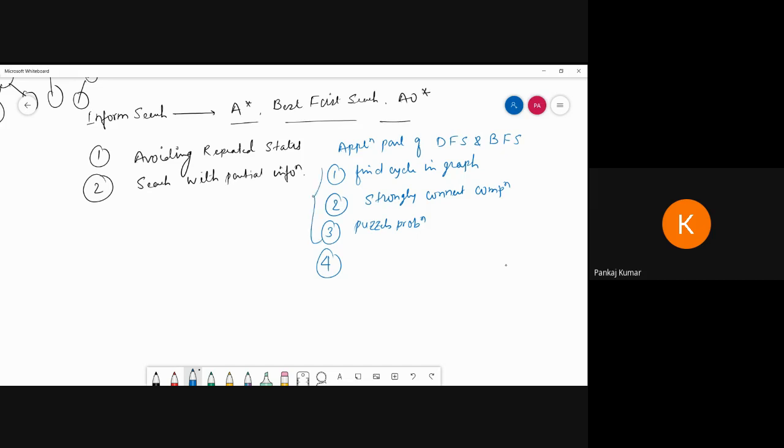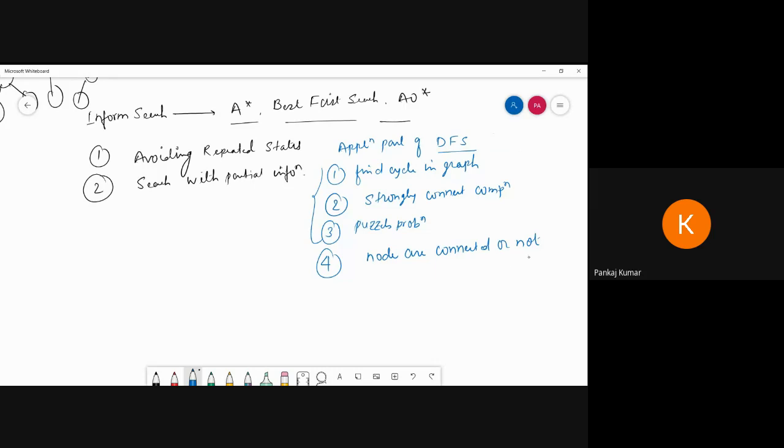And the fourth one, the nodes are connected or not. Now this is competitive programming. Suppose someone gives you a huge amount of data in a structure like a tree and forest, and asks how many cycles exist. Basically, you apply DFS and find out. These are the application parts of DFS.